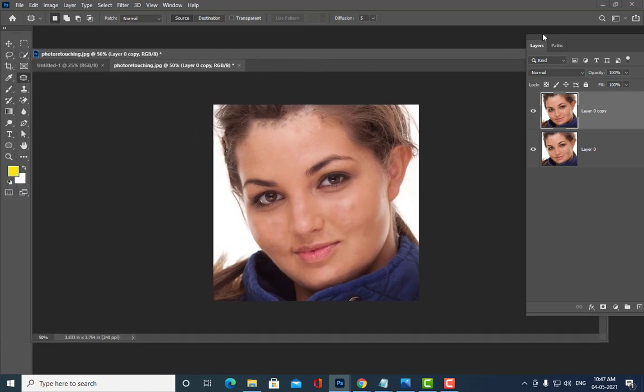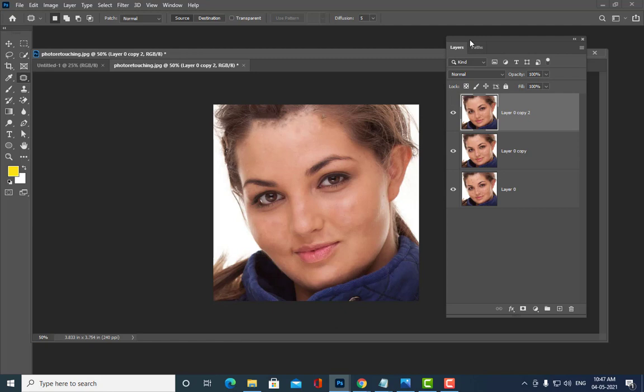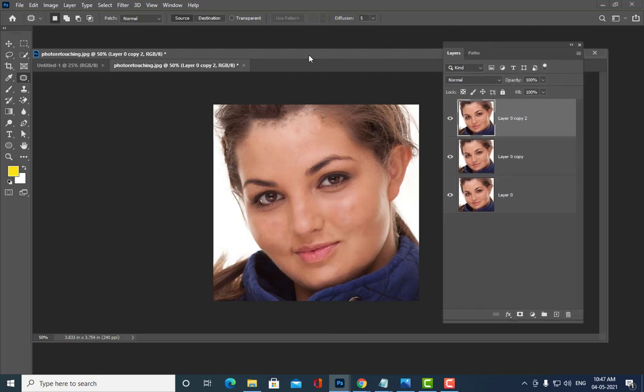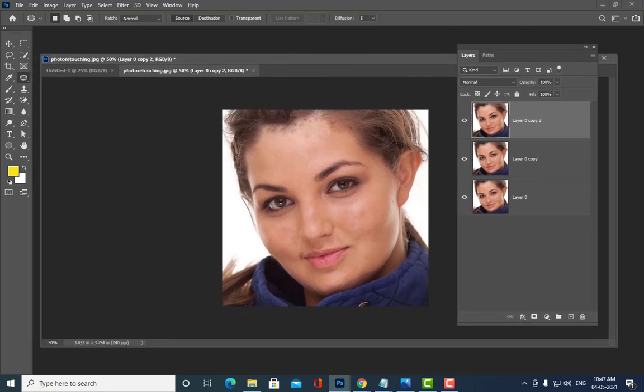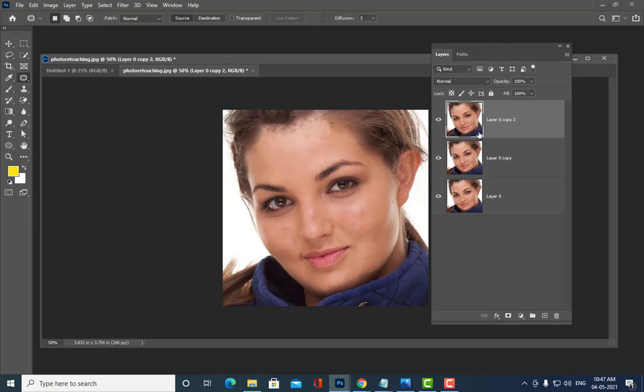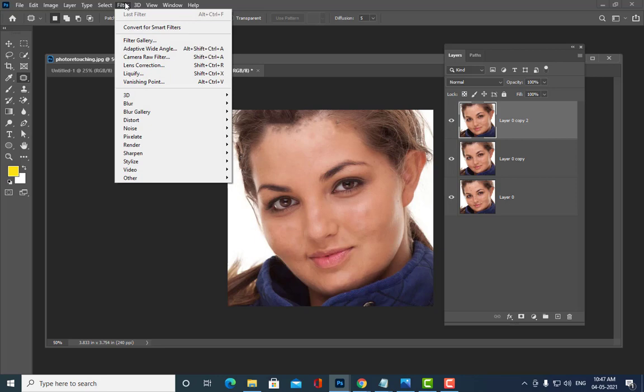So what we are going to do, see, I'm going to take a new layer here. Just Control J, I have taken a new layer, and then one more duplicate, and then go to filter, and we will apply blur. And which blur?